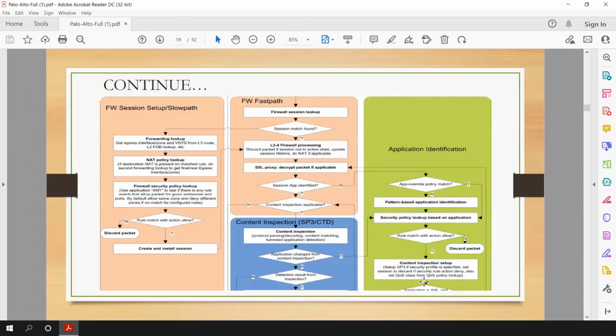So this would go to content inspection. And if the application is an SSL kind of application, then basically this is going to mark that application